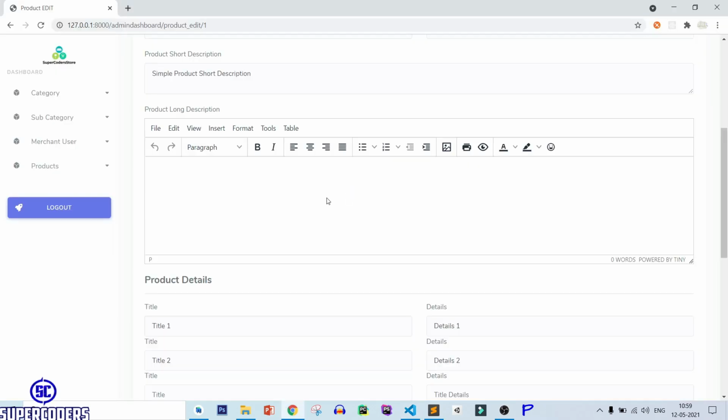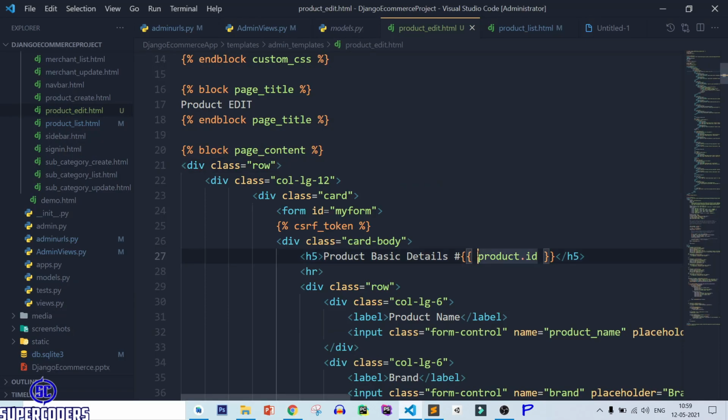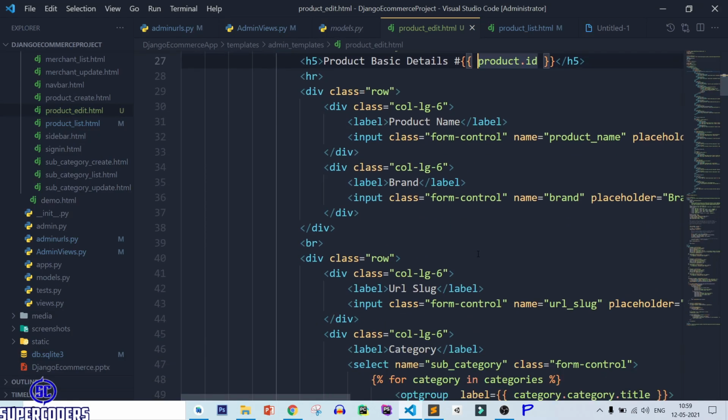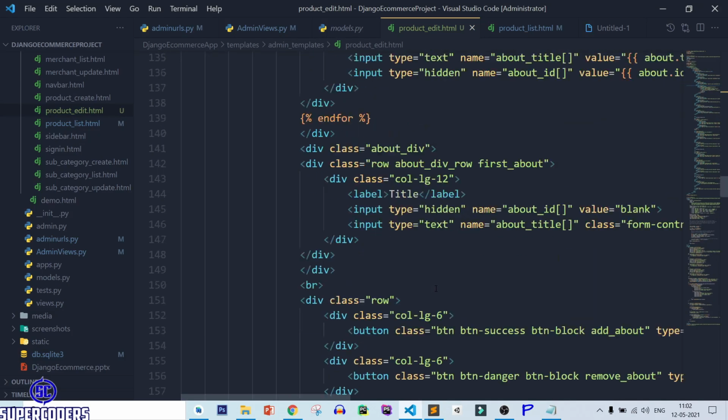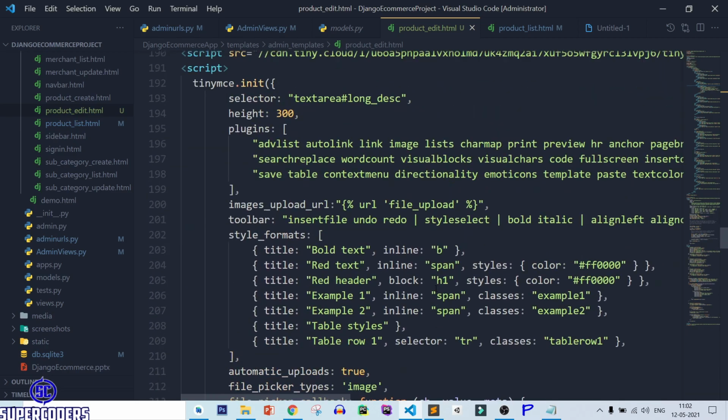So let's see how you can set long description content. For long description, you need to do it like this.